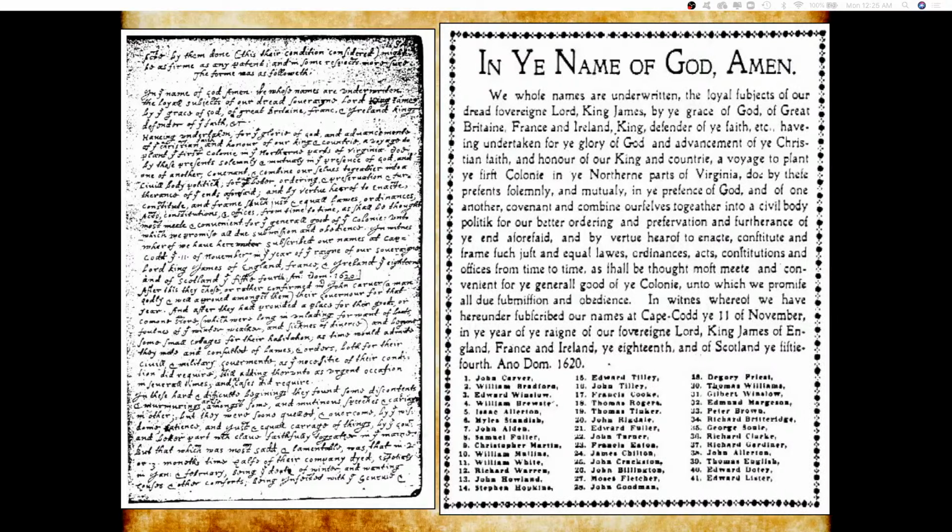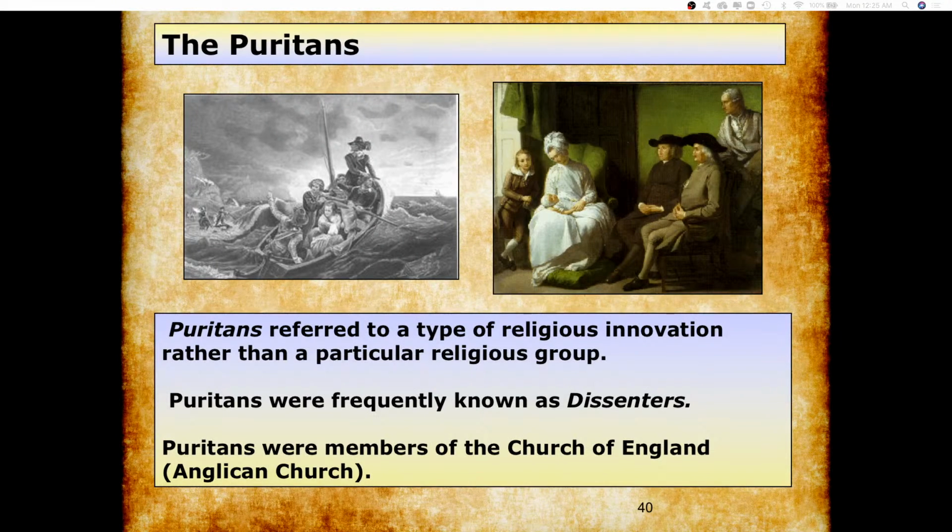So, let's go ahead and talk about the Puritans. The Puritans are really the group to pay attention to when we talk about New England, because these guys are pretty much going to run the show. Now, they too have a problem with the Anglican Church. However, they don't go as hardcore as the Pilgrims and say, hey, screw this, let's just break away and do our own thing and be separatists. No, these guys are going to complain about the system and try to reform it. They're known as dissenters. So they're still members of the Church of England, but they're going to complain a lot.